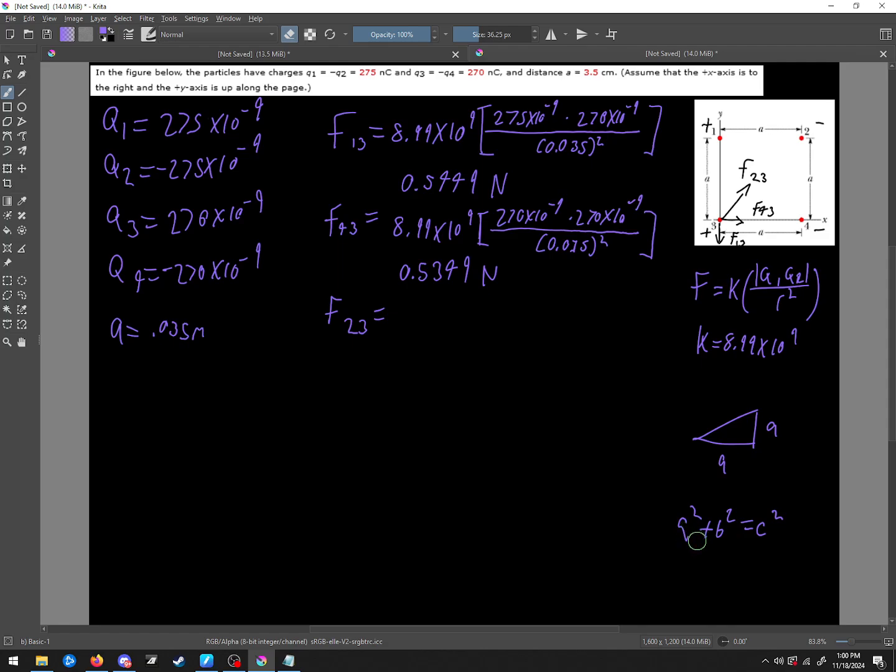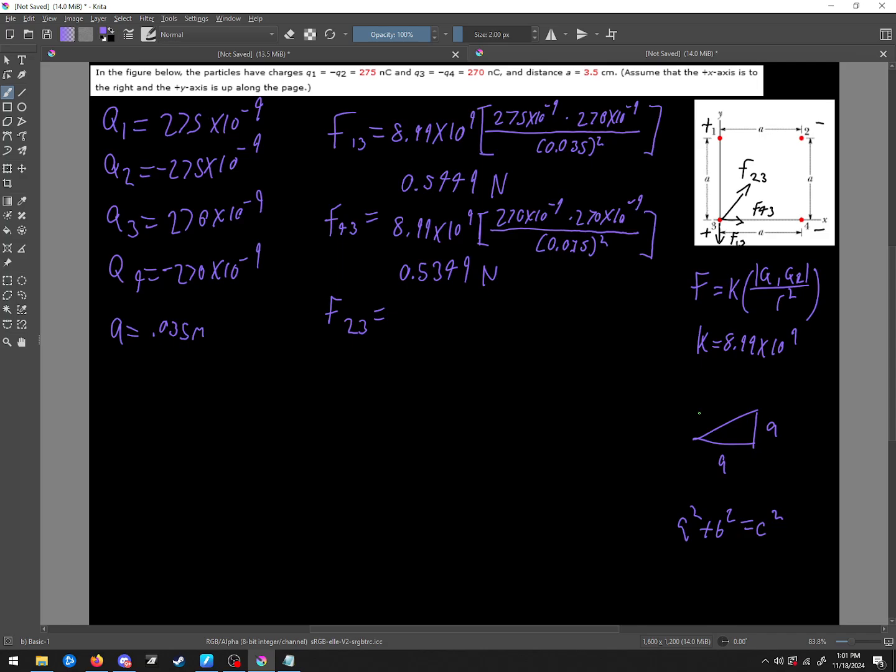So what we could just say is this is going to be, is this square root 2a? A squared plus a squared equals c squared. That would be, I don't know, 0.35 times 0.35 squared